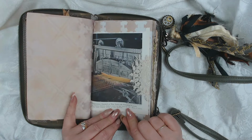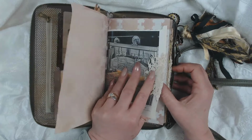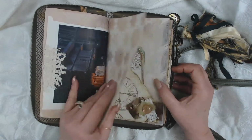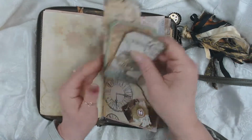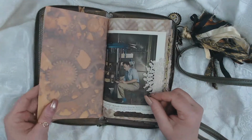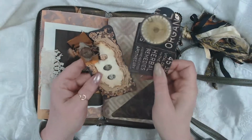there's a few pages in here from a vintage book about steam, metals, and industry. So I have a few pages in here for that. I have lace, inverted tabs on a few pages. Stenciling, layering, tags, more lace, corner tuck with tags layered,